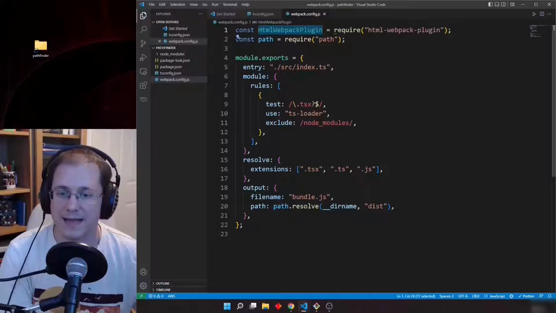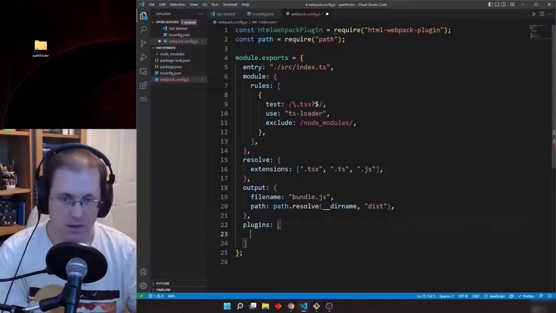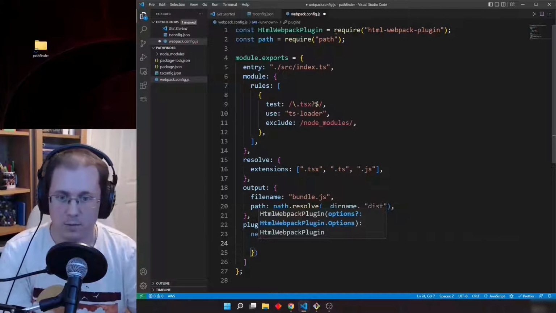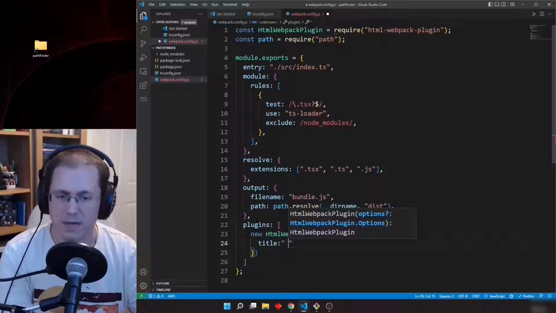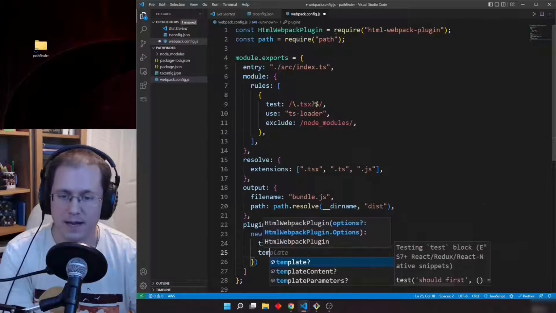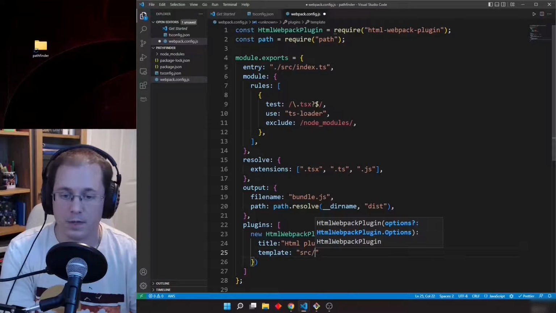Okay, and we need to just add that to the array of plugins. And we go new HTMLWebpackPlugin, and we give it a title, which I think can be anything. Call it HTML plugin, and template needs to be the file that we're going to be using